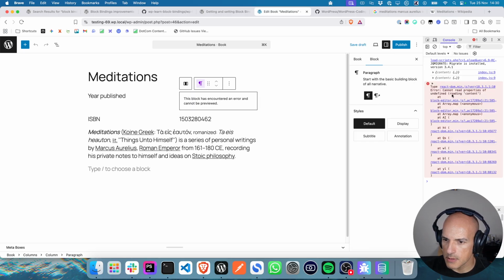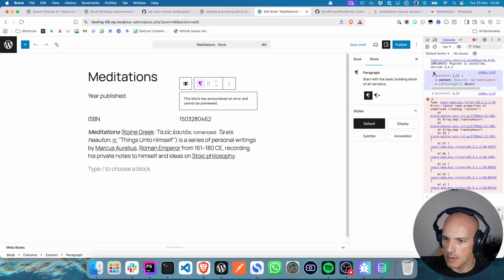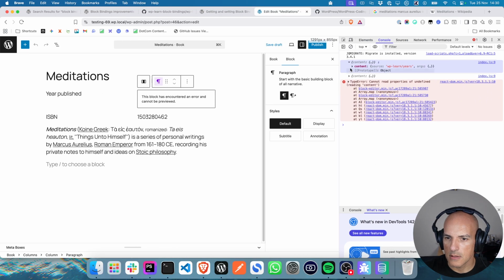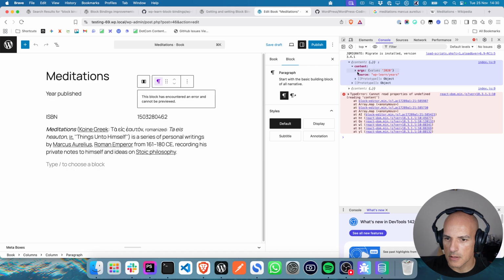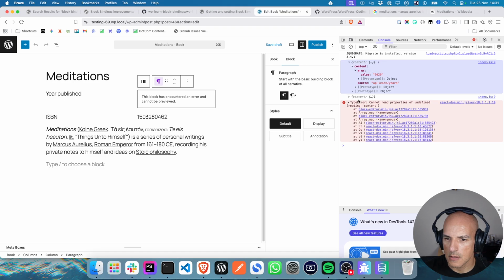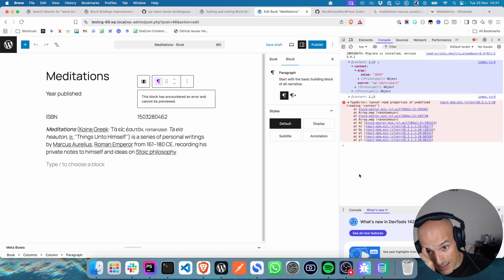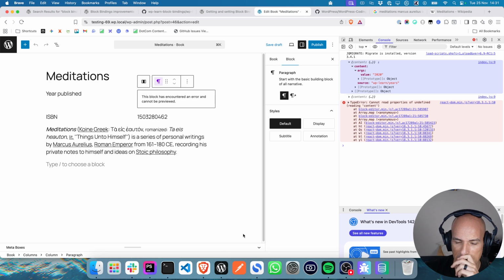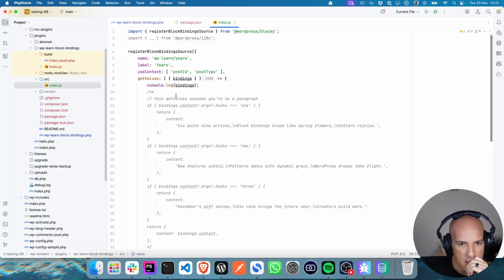Cannot read properties content. Okay, so there's the console. It's got content args value, source WP in years. So that's what's being passed to that.